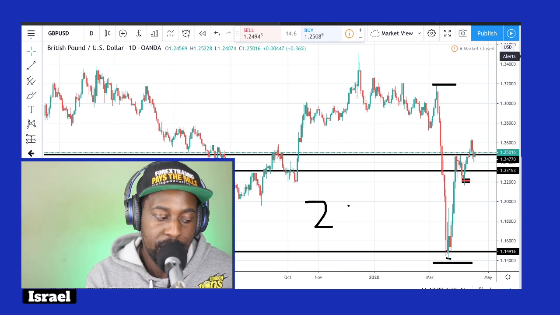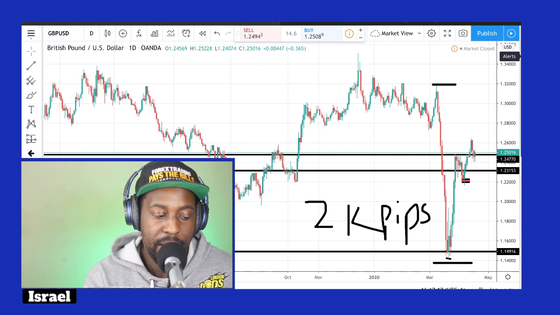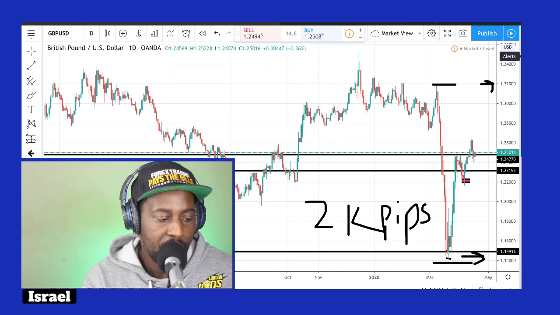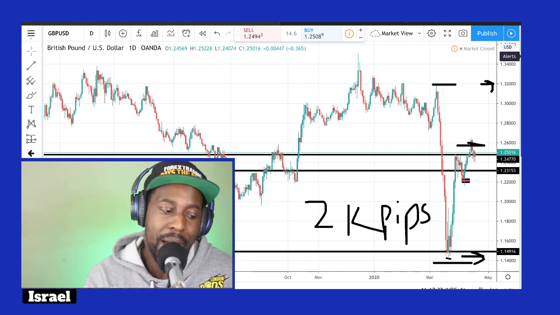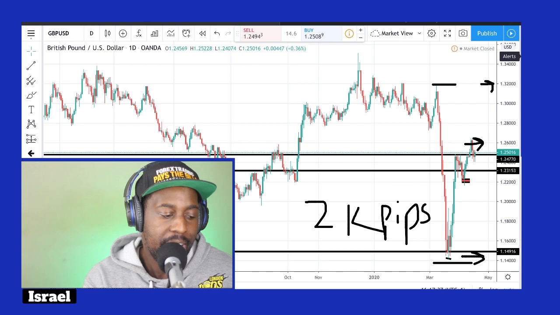Okay, 2,000 pips. So the fact of the matter is, when you think about this, how much has price moved back? Price hasn't moved back 2,000 pips here. Price moved from 132, as you can see here, all the way down to just under 115, right? So if we're talking about 2,000 pips, thereabouts, price has gone back to 126. That's the highest price has got to in recent times. It's got to the 126 area, right? So you think about it from that perspective,